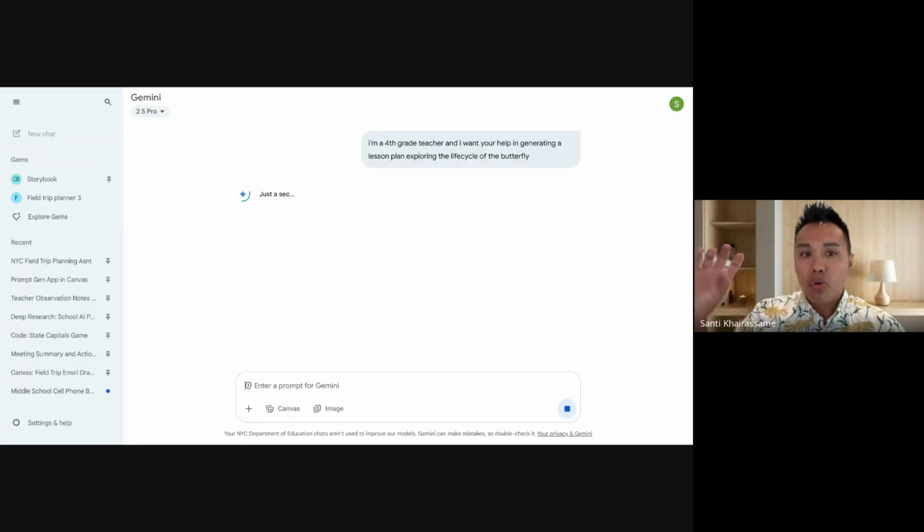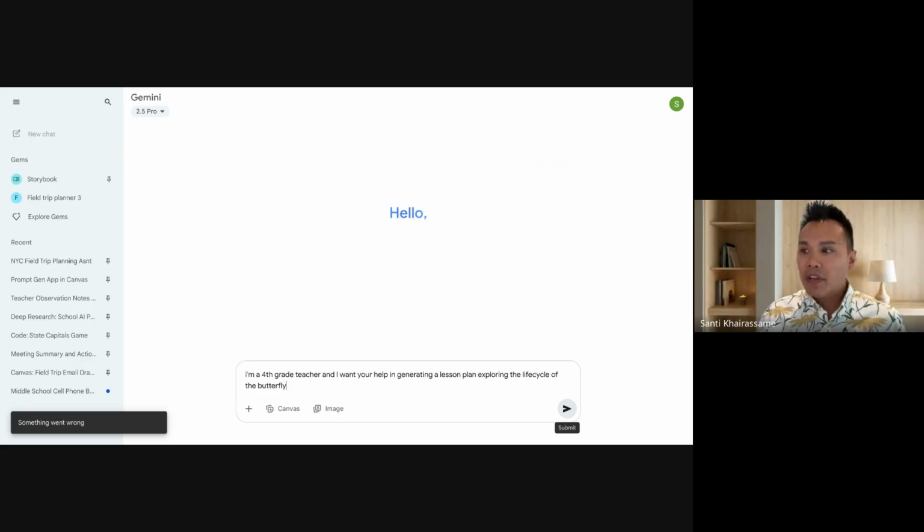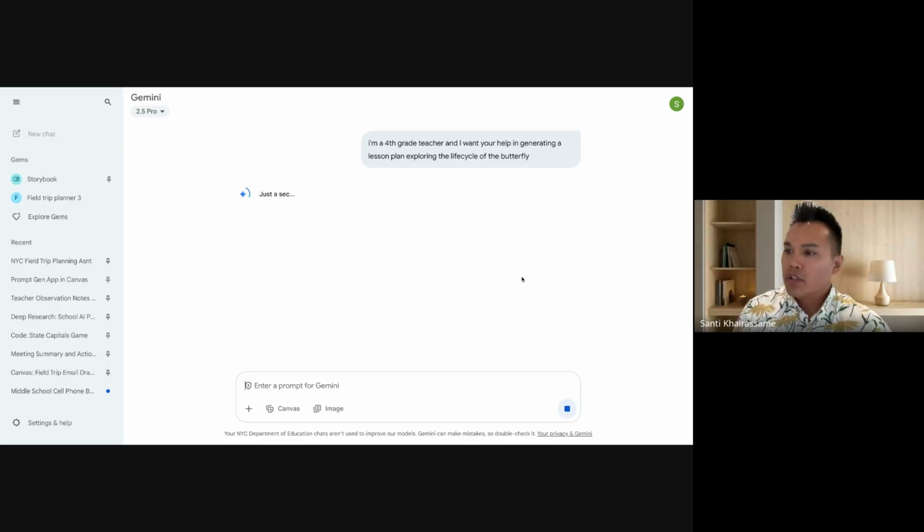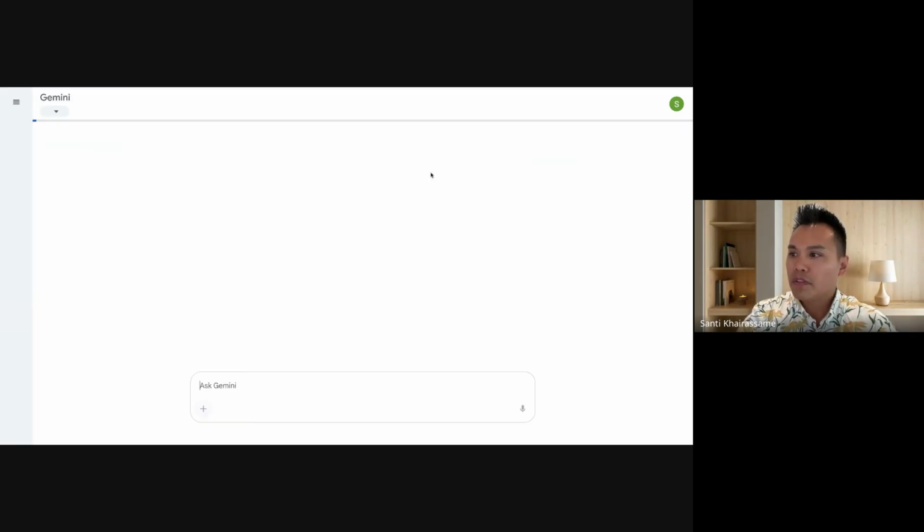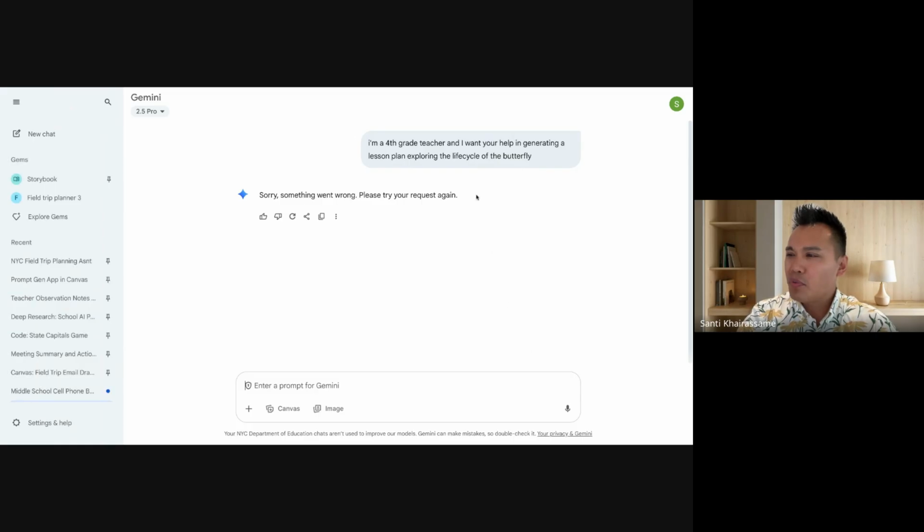It's going to process that information. And again, it's going to pull from its library of text that it has. Whoops, let me try this one more time. All right. It's going to process, it's going to go through it. Exactly. It's only as good as the prompt you give it. And as I mentioned before, these tools sometimes will not work when you're doing a live demo, which is fine. I love that this happened. If you get this, I'm going to refresh the page. I'm going to try this one more time.